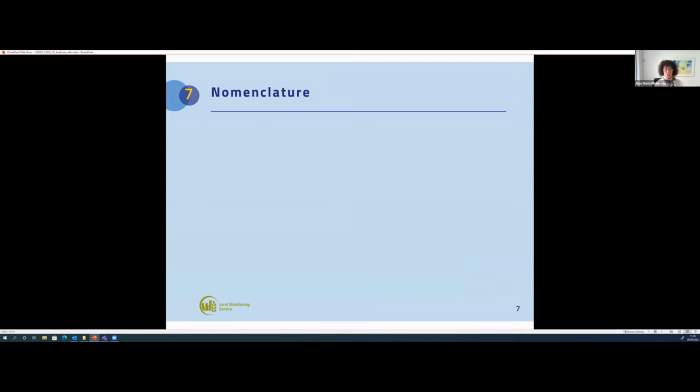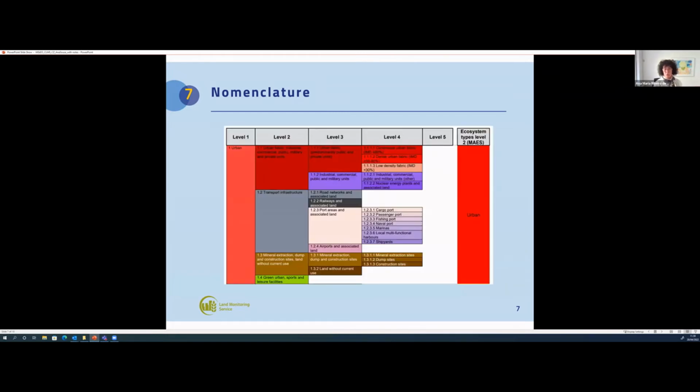In terms of nomenclature, which is a dedicated nomenclature to coastal zones, I would like to say it's compatible at level 3 of discrimination with, I hope, the well-known Corine land cover product, but it goes further down to level 4 or even 5 to provide more detail in certain classes. So as you can see here, for instance, at level 4, no other product provides this kind of information.